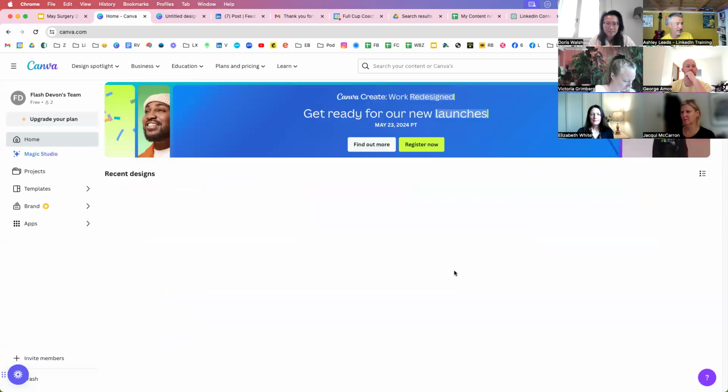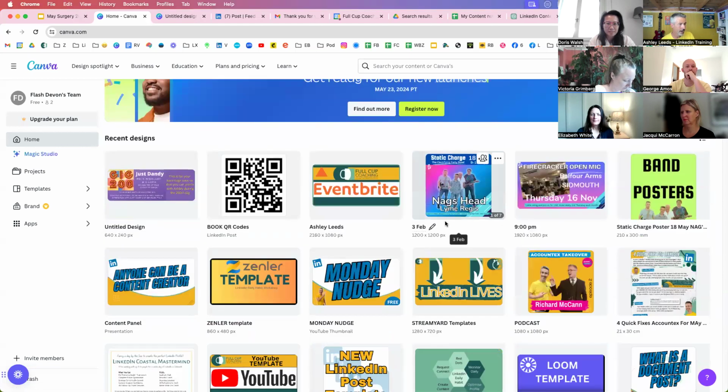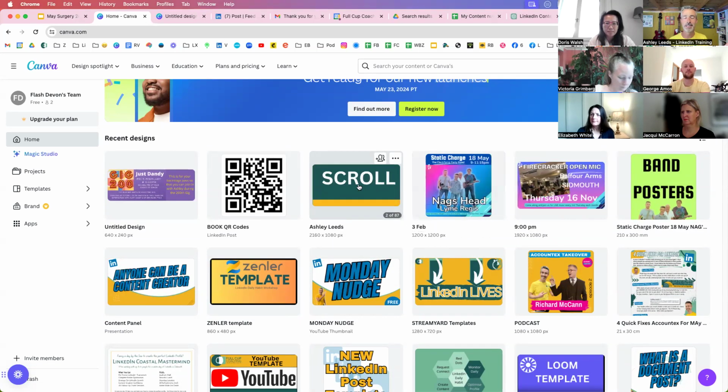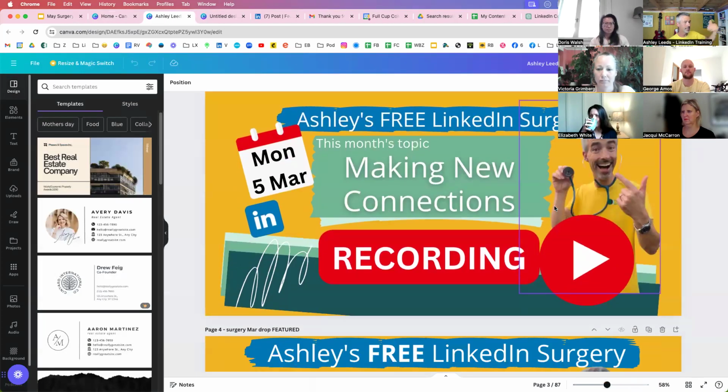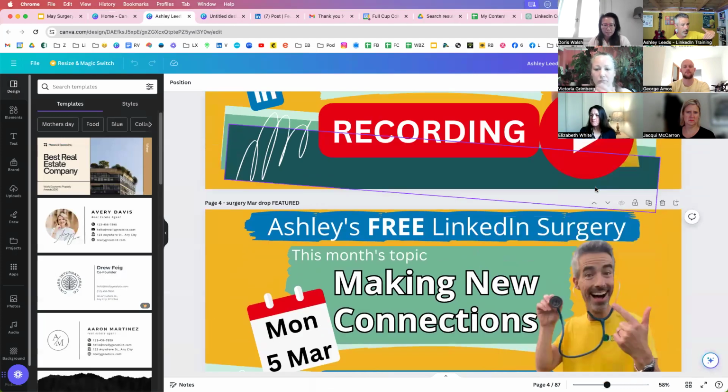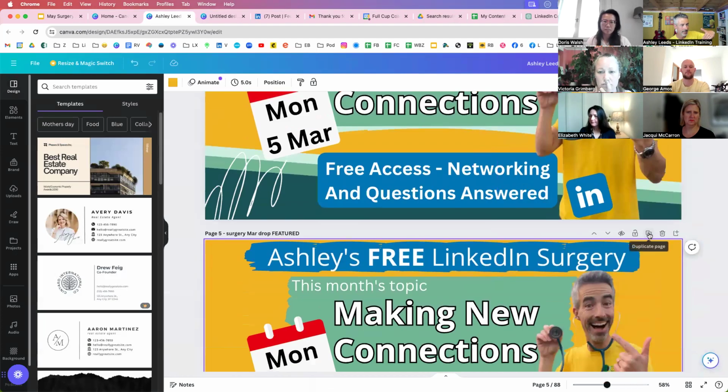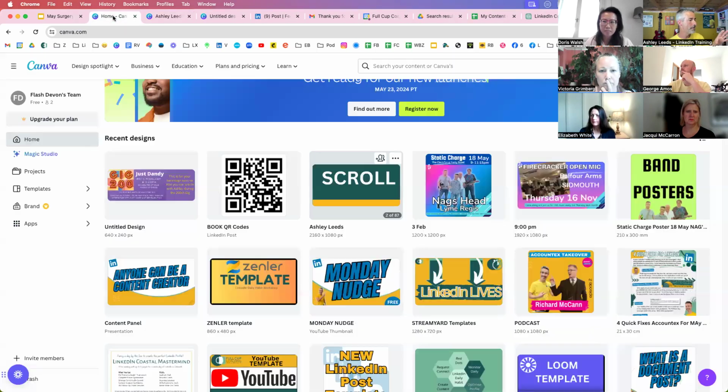But when I go into my Canva now, I've set it up so that I've got different things that I use regularly. So I've just created an Eventbrite poster for my Eventbrite. It's set up for the correct size that I need. So I just go in and there's my previous one, and what I'll do is duplicate it and then change it. It makes it so much easier than redesigning everything. But I've kept that in that one format.